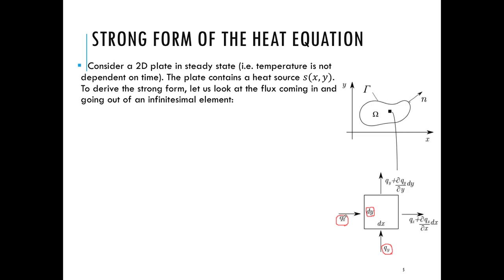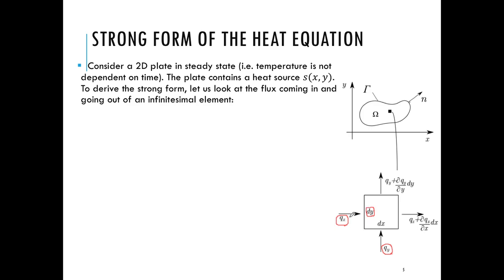So if I see the heat flow coming in from the right hand side, then that is given by the product of qx multiplied by dy, because the heat flux is per unit area, or per unit length for a 2D problem. So the total heat coming in is qx times dy, or from the bottom surface the heat coming in is qy times dx. Okay. Similarly, the heat leaving from this